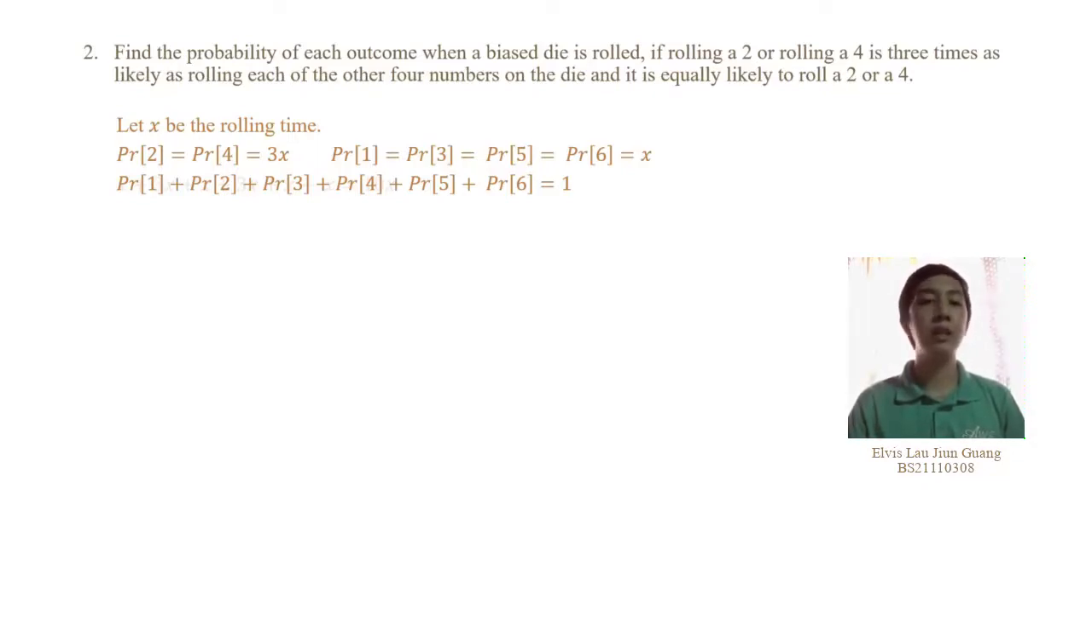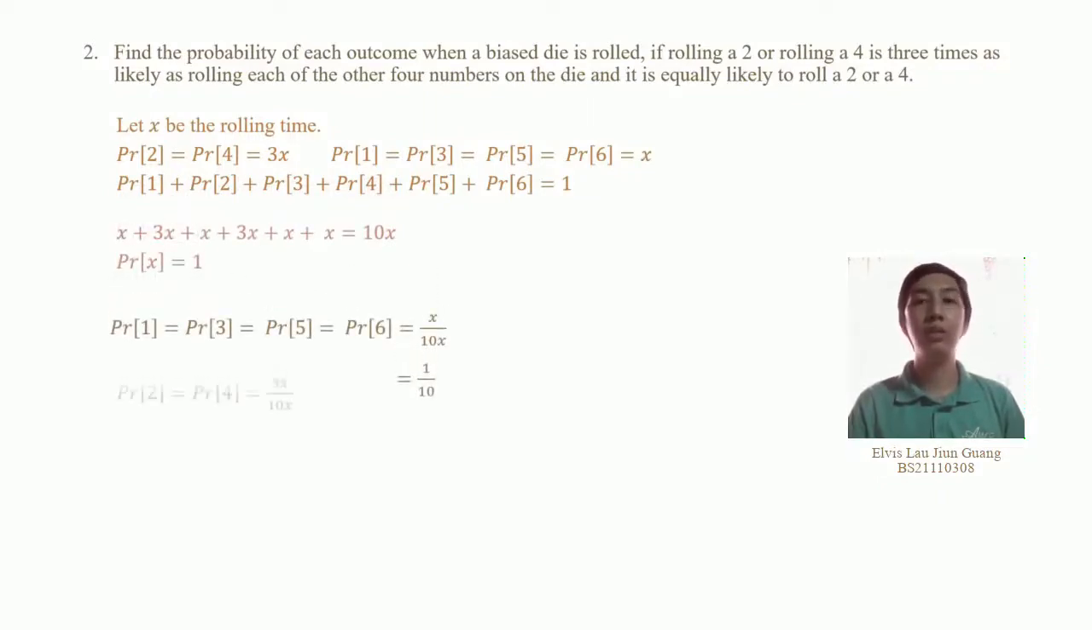So we can set the probability of rolling a 2 or rolling a 4 equal to 3x, and the probability of rolling a 1 or 3 or 5 or 6 equal to x. Moving on, the sum of the probabilities of rolling a 1, 2, 3, 4, 5, 6 is equal to 1. So when we substitute the value of x into the probabilities, it will equal